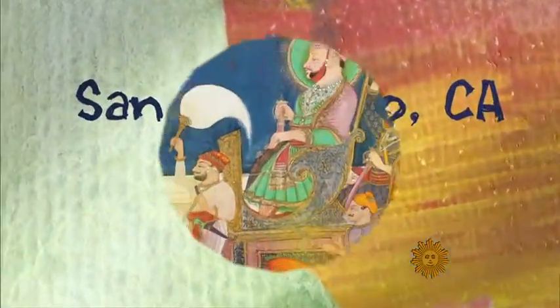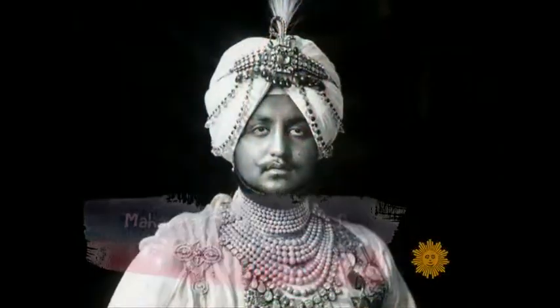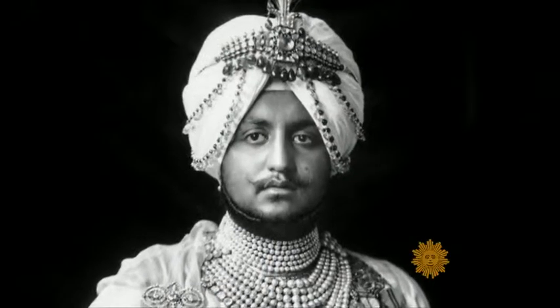Of course, for some art patrons, money is no object. In San Francisco next month, India's regal past will be on display at the Asian Art Museum with works created for the Maharaja. They were kings in the land that would eventually become India, kings who hoped for immortality in